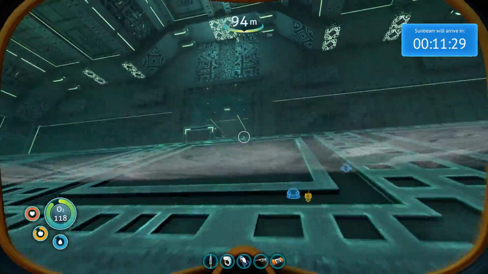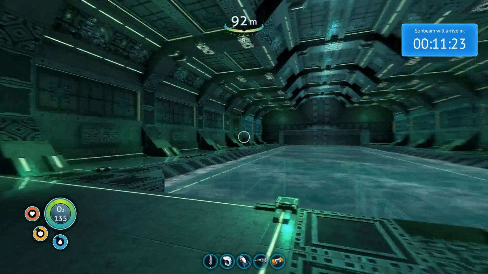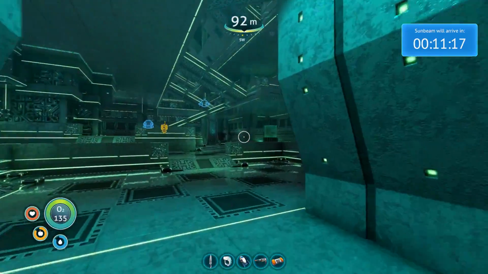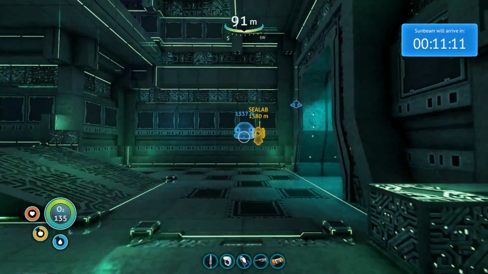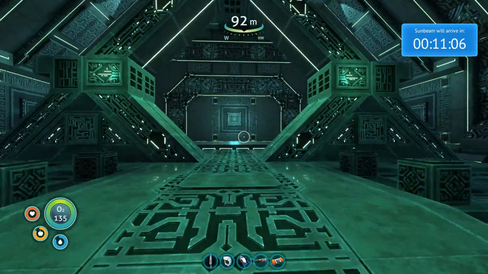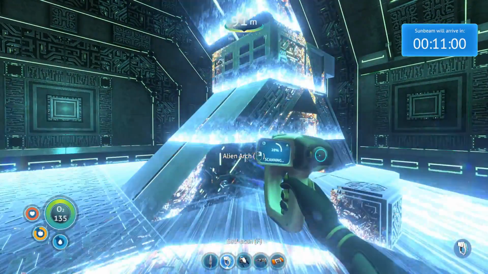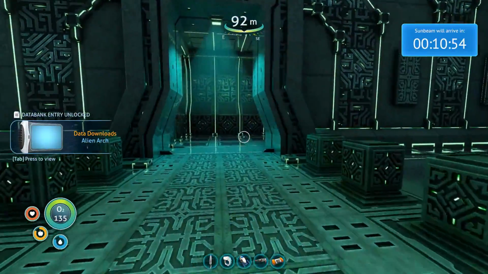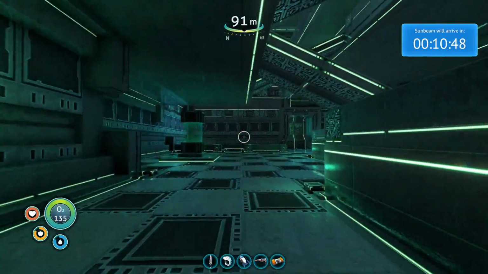Alright, now we don't want to get too involved in exploring this facility because we got to keep an eye on that countdown timer. But you see that the way, another way in here, oh, I took us the wrong direction. This is a portal, an alien arch. Scan it. Read the data download on that. But what I was trying to illustrate was that...